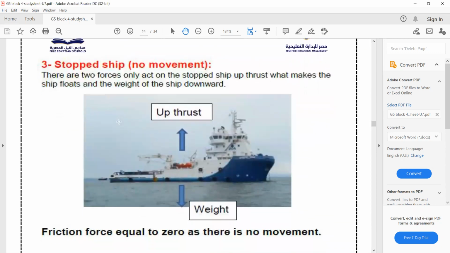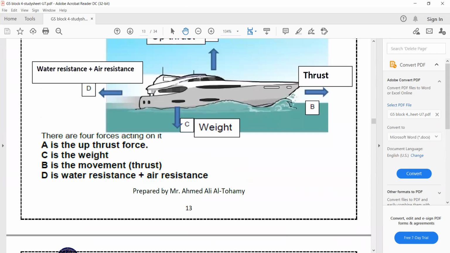Going to another part, stopped ship or no movement. There are two forces only acting on the stopped ship. This ship stopped, it doesn't move, not like this one. This ship moves forward in the same direction as the thrust force. So the thrust and the water resistance and air resistance in the other direction are not balanced forces,